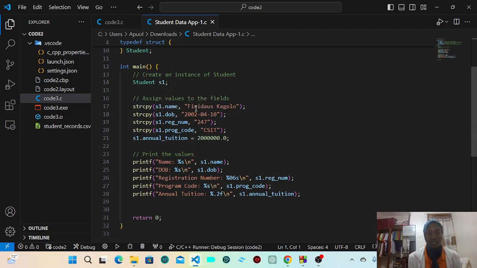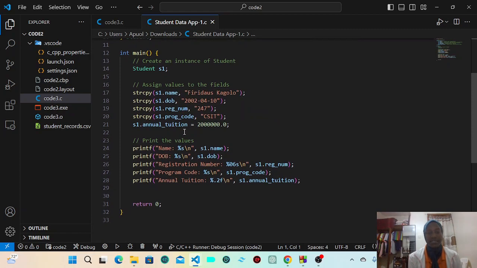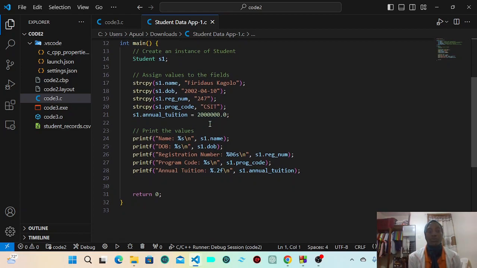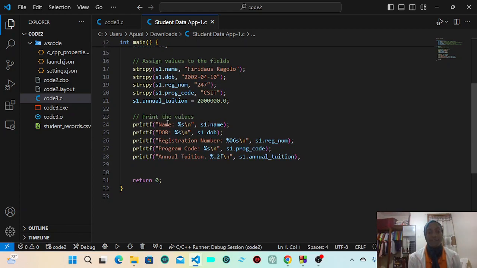So now student 1 is this name. Student 1 has a date of birth, and this is it. The reg number, we assumed that. The program code, we did that. And the annual tuition, we did that just to implement the code. So we assign those values to the fields, and now our PC has to print something. The code has to have an output, and our output, we're going to printf the